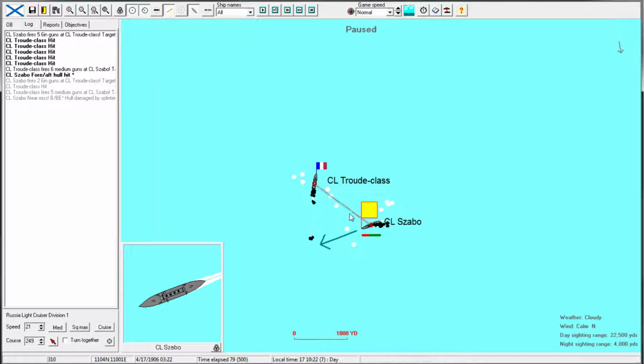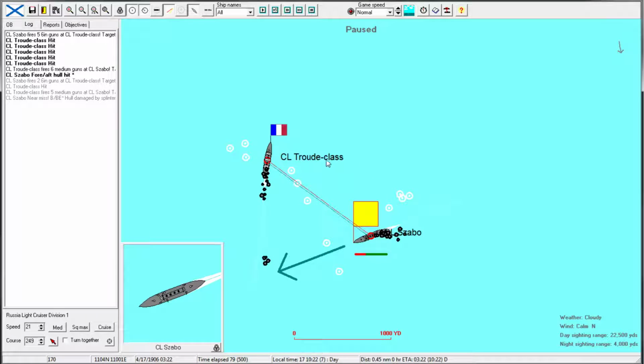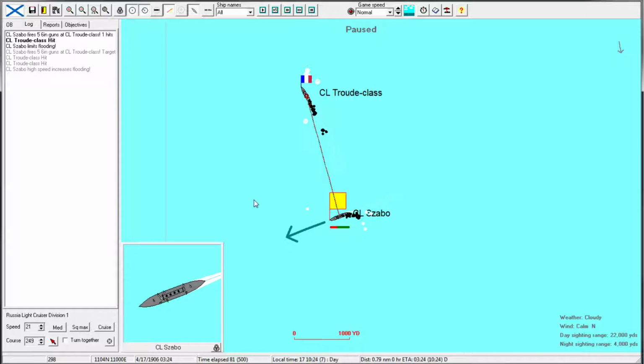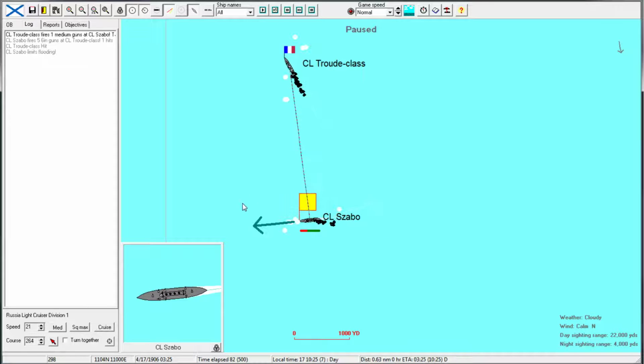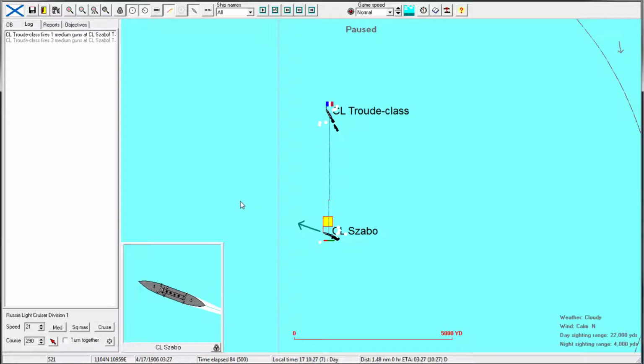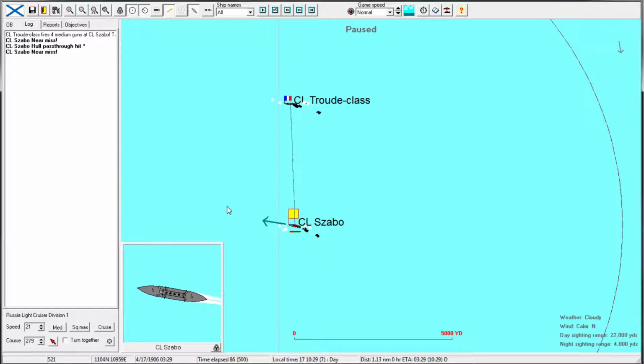Look at this huge broadside. The 5 guns open up. Oh, this is epic. Keep them coming. We're doing it. Okay, just ease out from the broadside. Come on, keep going. Okay, then...